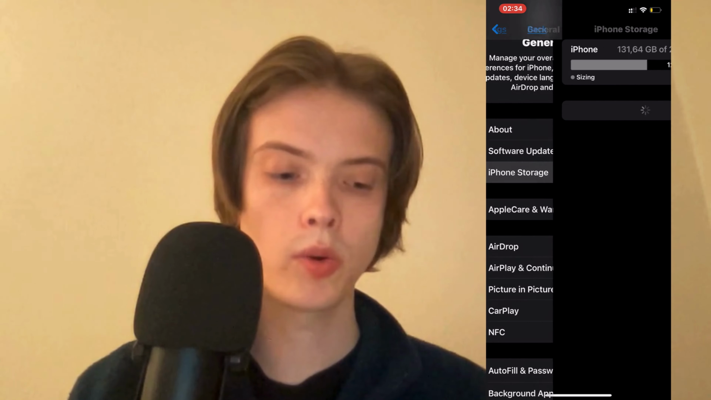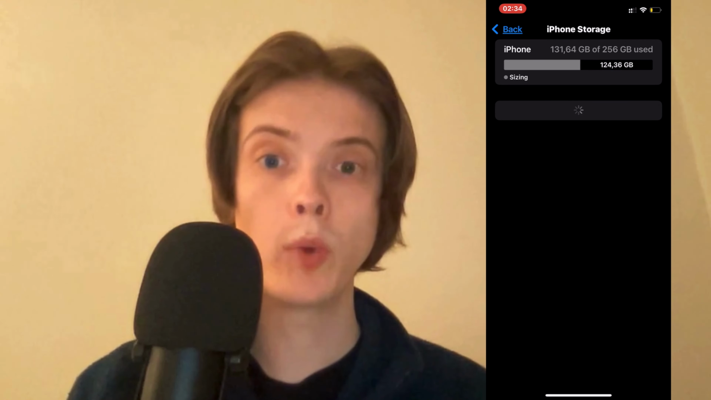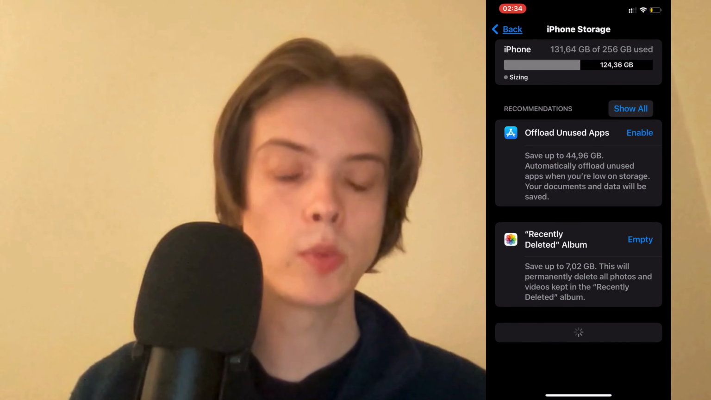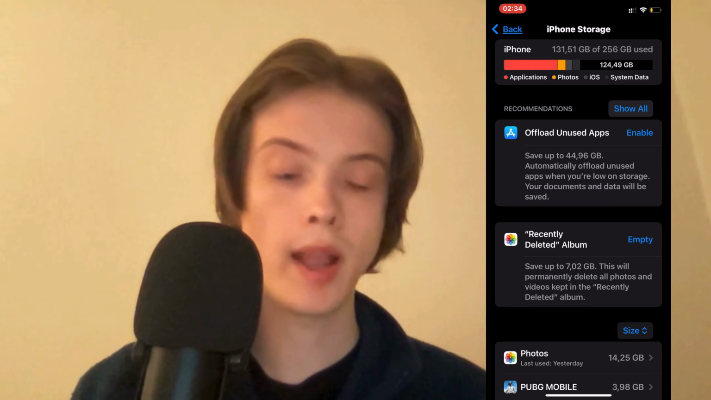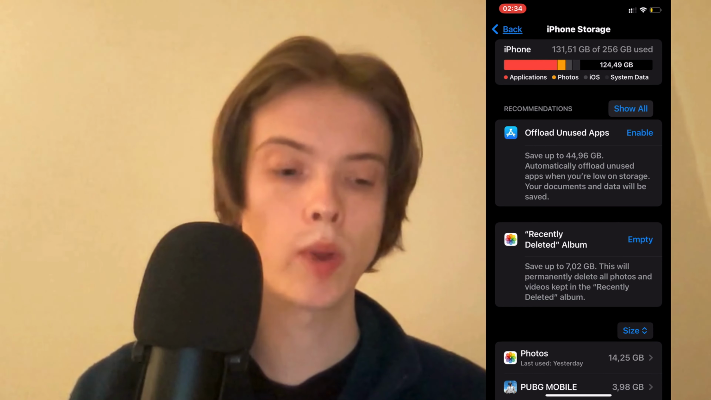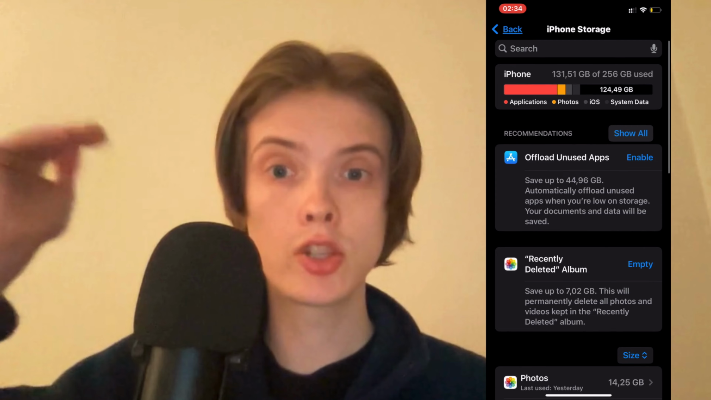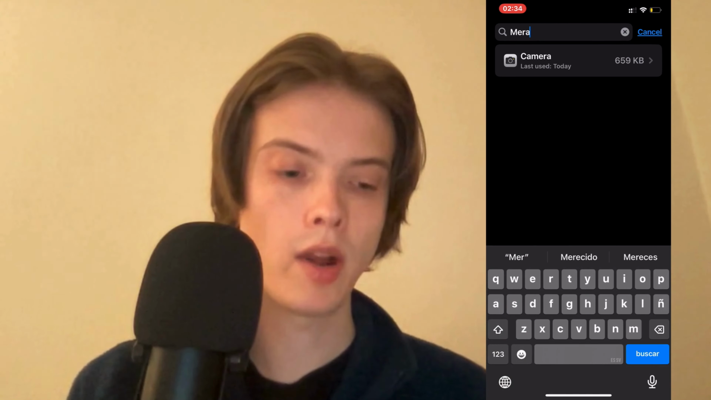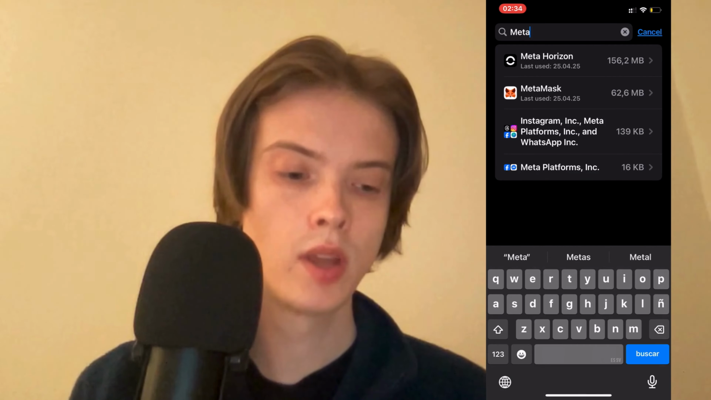So I just clicked on storage, and then you're just going to simply wait a couple of seconds for this page to completely load right here, as you can see. So we're just going to keep waiting right here, and when it's done, you're just going to swipe up like this until you can see the search bar up top. So click on the search bar, and here just search for Meta Horizon, of course,